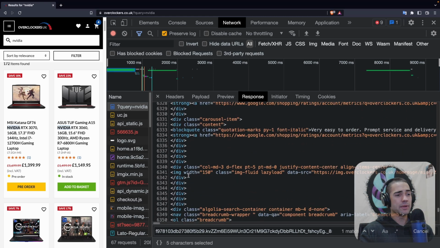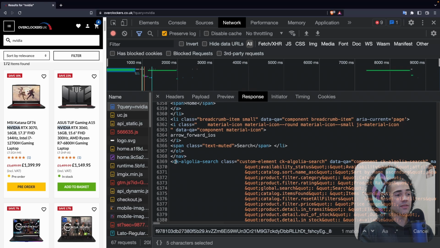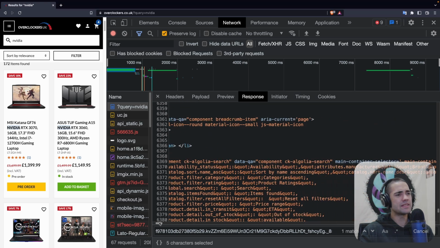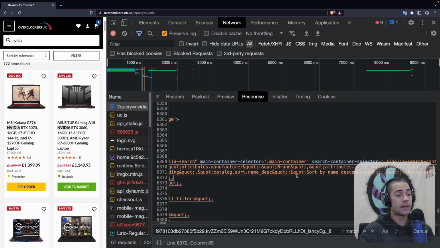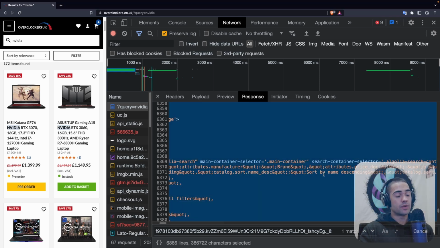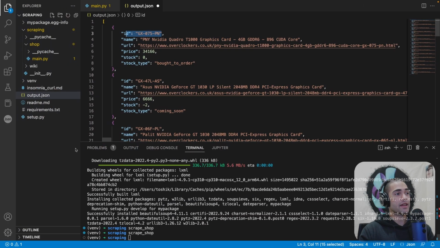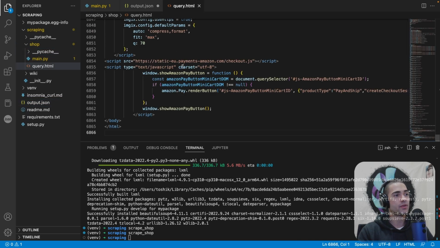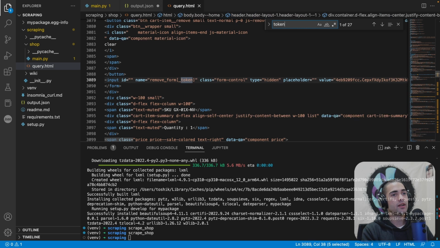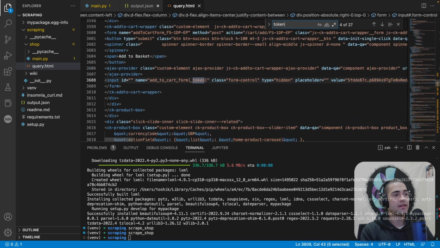And I mean, the element looks weird, but we have a CK Algolia search element, which basically tells me it's a web component. And then there is a token attribute that's attached to it. Okay, we can do the easiest things first. Let's go ahead and copy the HTML. Create a new file, query.html, place this over here, and here we can search for the token again,